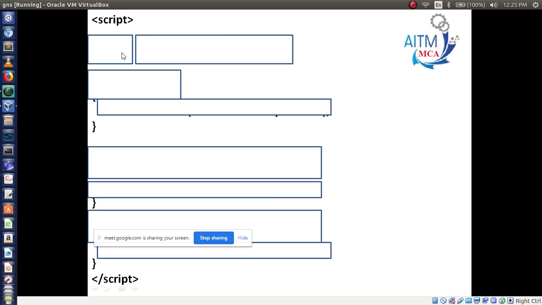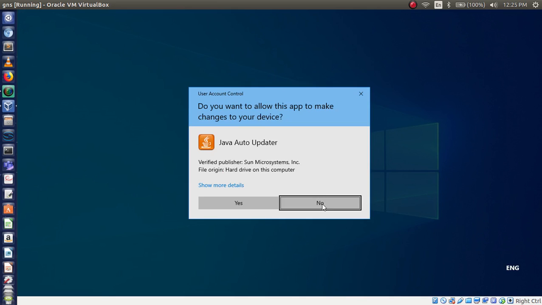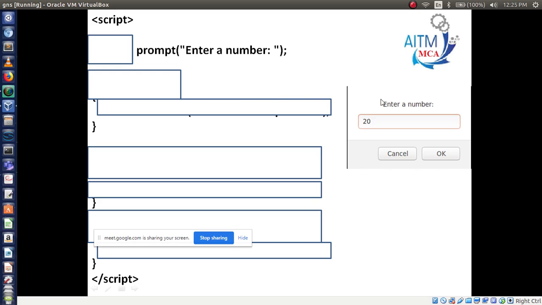Then followed by the next line, what is it? Next line, declare one variable, right? Using the var keyword, declaring one variable. Now prompt, "enter a number". It has to come in the prompt box.